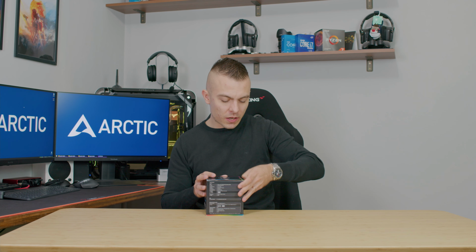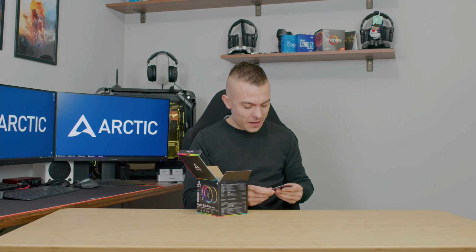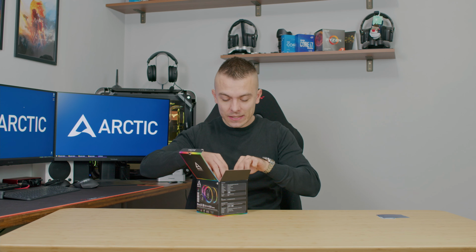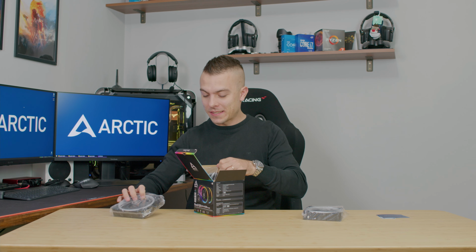Now let's check what we got inside this actually pretty small box, and it sounds like IKEA packed this one. Here we have, of course, the BioniX P120 addressable RGB user manual. You just need to scan this and check out all the details and the cooler way to cool your PC. This is their support line. Now, of course, inside this box we get 3 fans